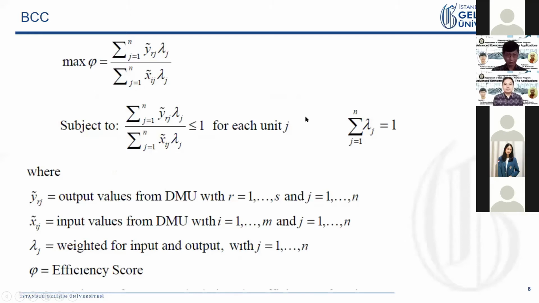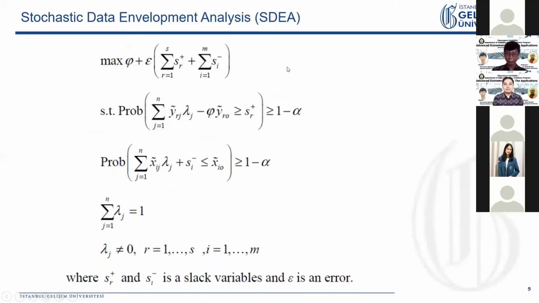This is the constraint. Now, if you would like to put in the stochasticity element, you need to put the slack variable here, with plus error and then the slack variable. And at the end, we would like the summation of the slack variables, plus and minus, to equal 0. But first, you need to add all these things with the constraint, this probability. So now we already have the probability here.